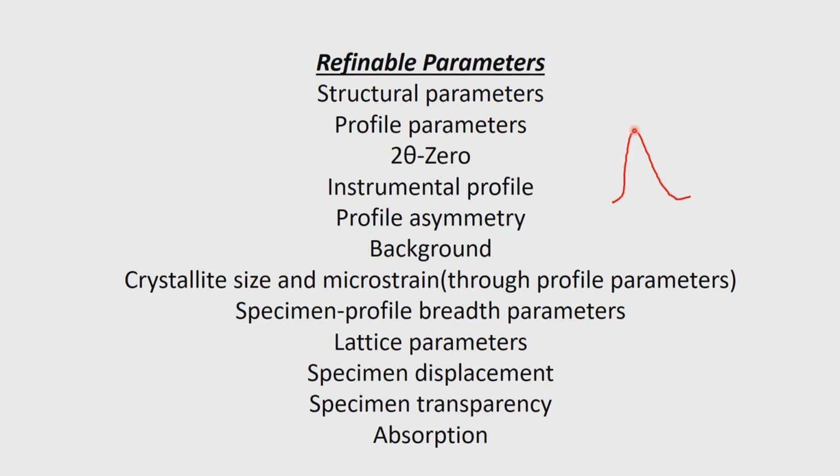The x direction gives us the 2 theta value, the y direction gives you the intensity. So the x value we read out, and it could be 1 peak, it could be 2 peaks, it could be 3 peaks. So what are all the refinable parameters which will fit this particular shape of our profile? One of course is the structural parameter, which we don't have, we don't know the structure, so we will not touch it. So we will keep it separately, but those are refinable, remember.